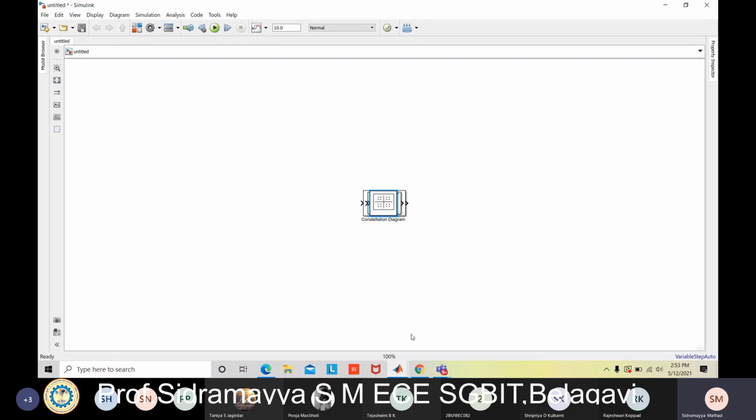Look here, this is the constellation, two scopes have been used, this is an adder, and these are products. Then these are sine waves. Afterwards you can change the properties of the sine waves. Then this is complex to real imaginary, and this is a scope.